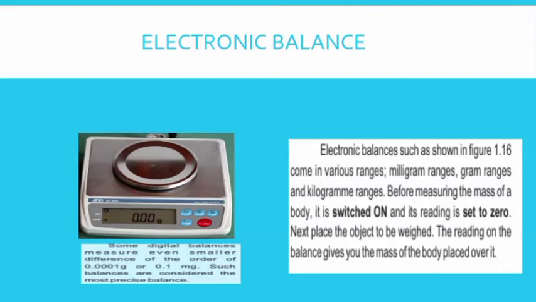The balance measures the force that acts downward on the pan. The force is converted to an electrical signal and displayed on a digital display. Placing an object on the balance displaces the sample pan downward by a force equal to the product of the sample mass and its acceleration due to gravity. The balance generates a current proportional to the displacement of the pan.